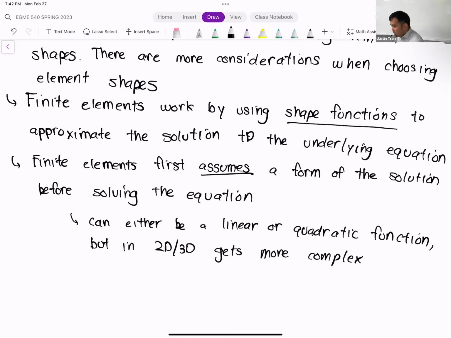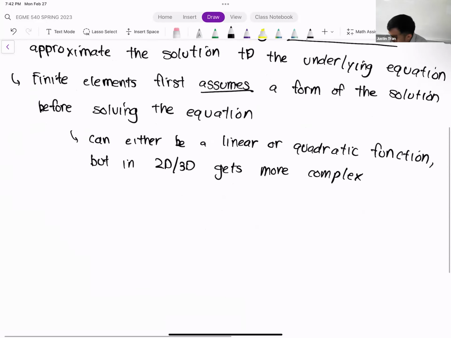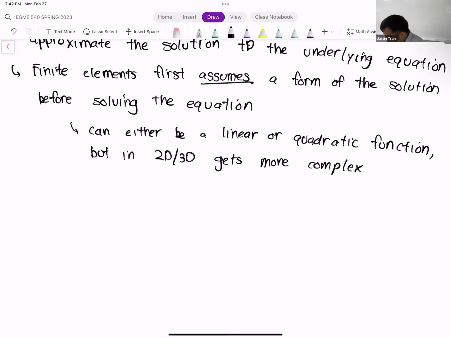And so what I'm going to do is go over each of the different element types, each of the different element shape and order combinations, and we'll talk about what their shape function essentially looks like, okay? Okay, so let's start with 2D. Let's talk about the quadrilateral elements, a linear quadrilateral element.